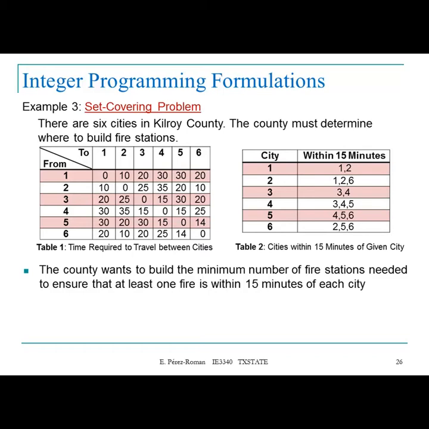If you go from 4 to 1, it takes you 30 minutes. From 4 to 2 takes you 35 minutes, and so on. So this is the time that it will take you to travel from one city to another. Now,